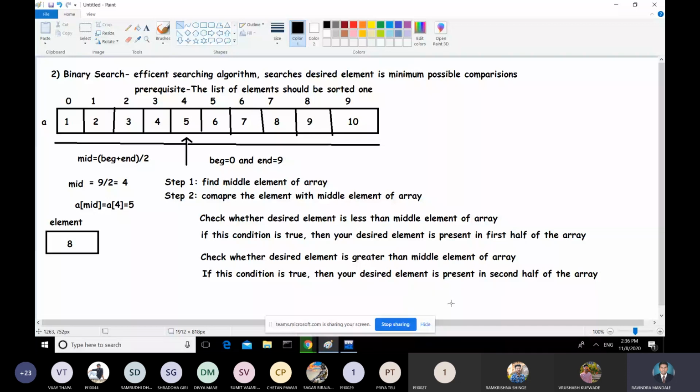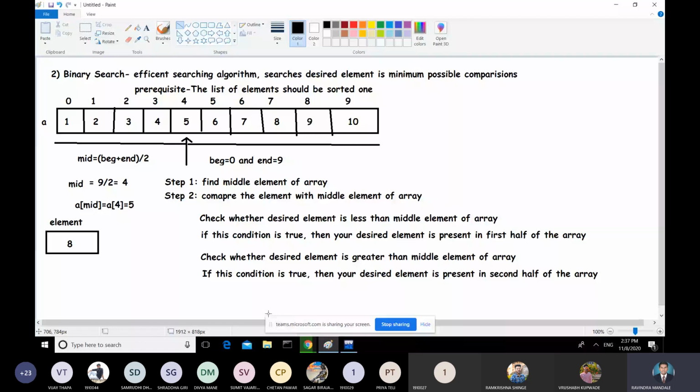So this is the algorithm. Okay, and you need to repeat these 3 steps until your element is found, or your array is over. That means the element is not found. So you need to repeat these steps until either your element is found or your array access is over. That means your element is not found there. Okay, so you need to do this.